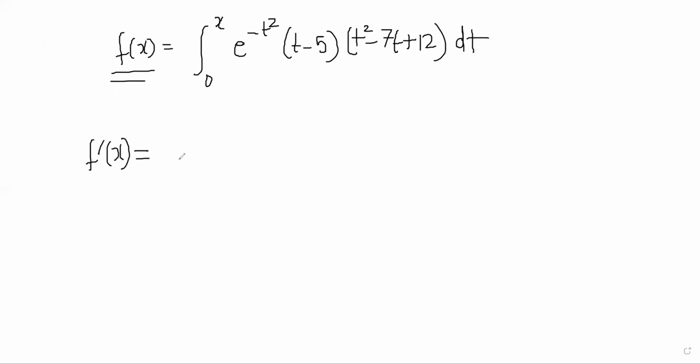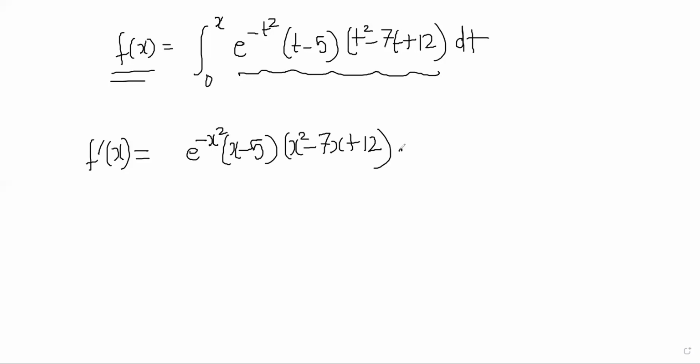And differentiation, how do we do? We take whatever function is there, we put the upper limit in it if it's a variable. So instead of t, I put x. So it is becoming this, x square minus 7x plus 12. And then you have to differentiate that upper limit, so 1, right? And then subtraction will be, if you put 0 and differentiate, obviously that will be 0, right?